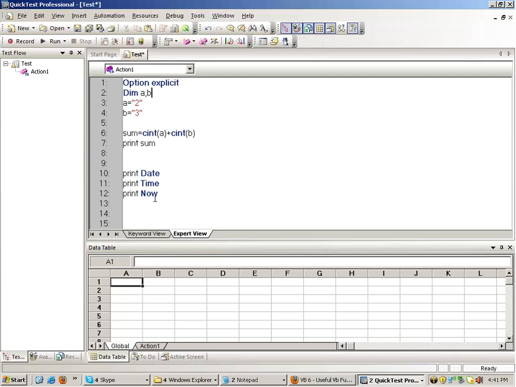This complies with the original VB in which we had to declare all the variables. It's completely up to you whether to use Option Explicit or not.